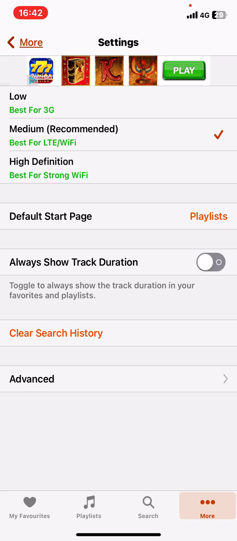to choose from. So you can set it to the lowest, which is the best option if you have a 3G net. Then you can set it to medium, which is the recommended quality, which is best for LTE and Wi-Fi. And you can also set it to high definition, which best works if you have a strong Wi-Fi connection. So just choose whichever is more